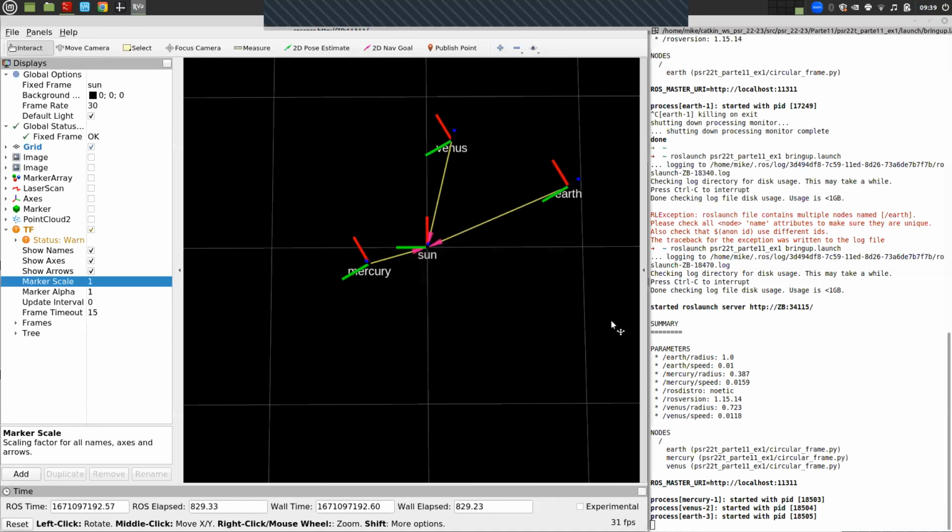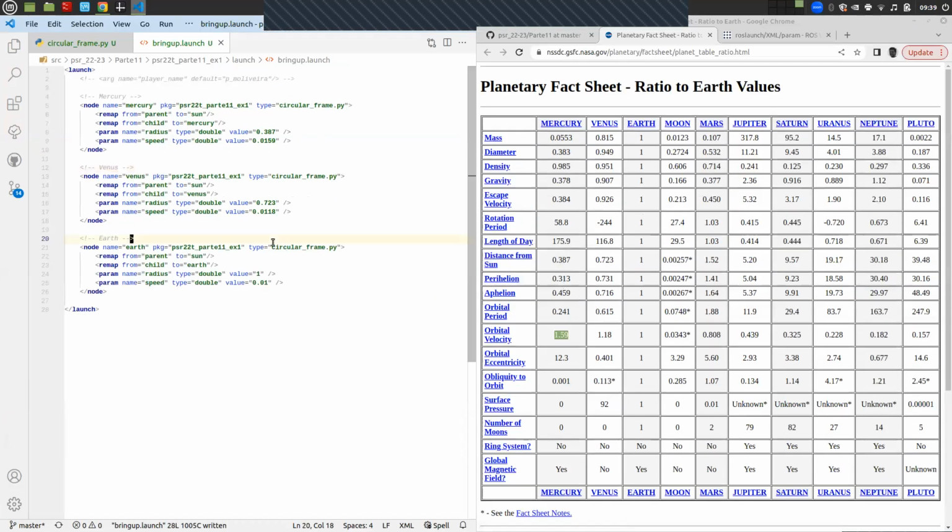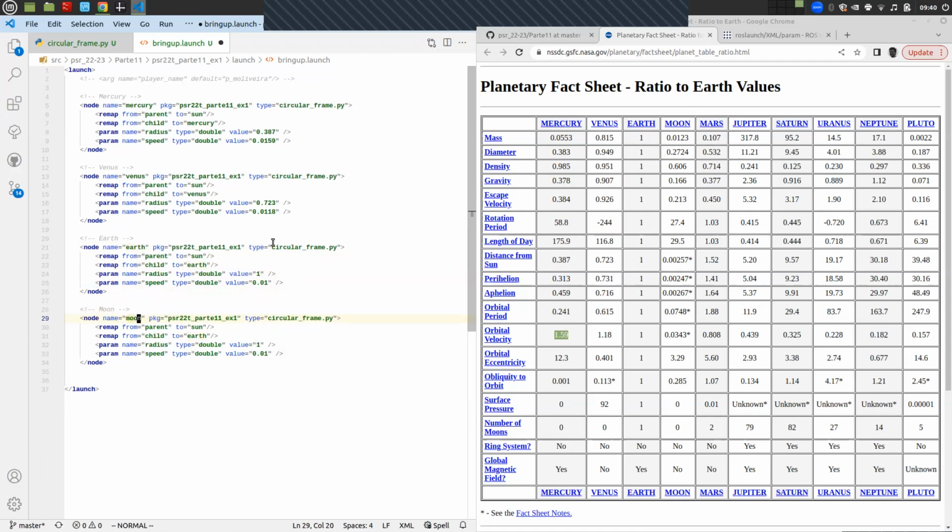Now, what can we do? Let's just do the moon, because that's the special case. So for the moon, I want to do the moon because it's a special case. This is going to be moon. The parent is Earth, right? That's why it's special, okay? And now, where is the moon? Orbital velocity,